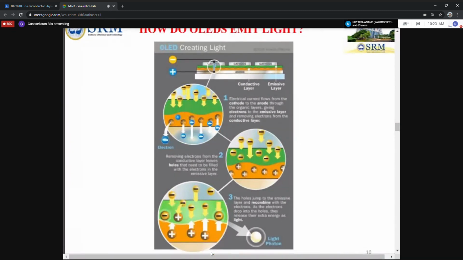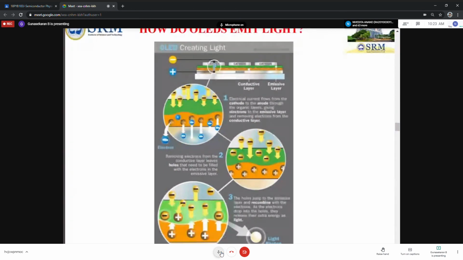Do you understand this? See, the current will flow. The cathode gives electrons to the emissive layer. The anode removes the electrons from the conductive layer. There is no doubt electrons and holes are generated. Is it correct? Say yes or no. Yes. See, removing the electrons from the conductive layer creates holes, and they need to be filled with electrons. How? The next step,